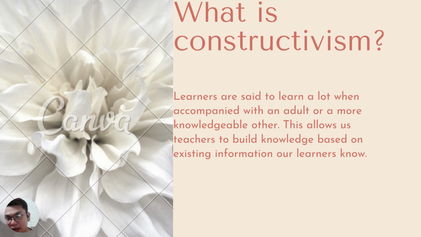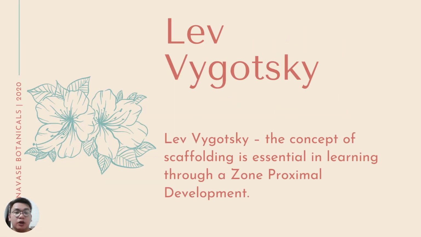Okay. Now, the most notable person who actually discussed this theory is someone by the name of Lev Vygotsky. So he's someone of Eastern European heritage, and he explained the concept of scaffolding and the zone of proximal development. So scaffolding, as the name implies, means that you're building from one rung to the other. So you have these steps or layers that you're building upon on the knowledge of the learners. How do we achieve that? With this so-called zone of proximal development.